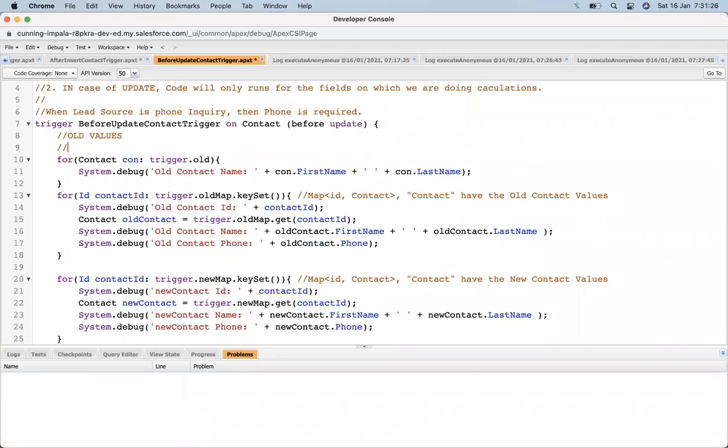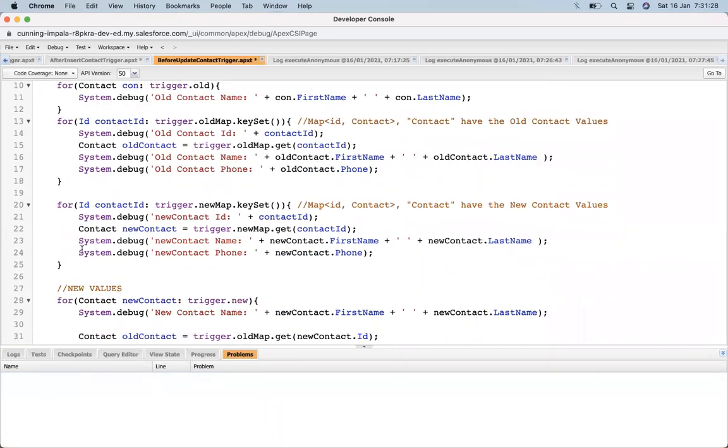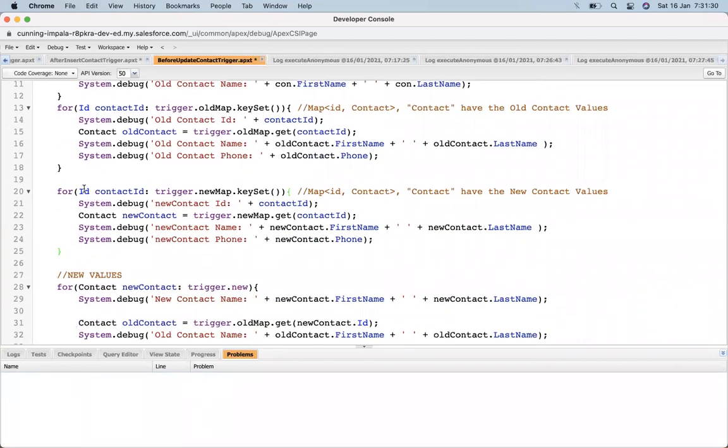Now let's comment this out. Now we don't need it.